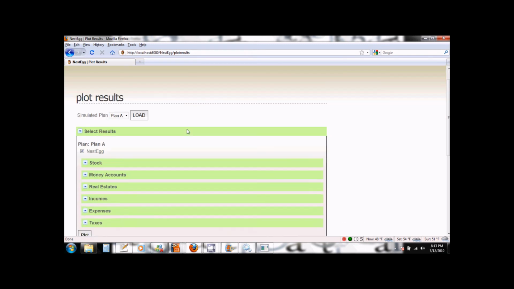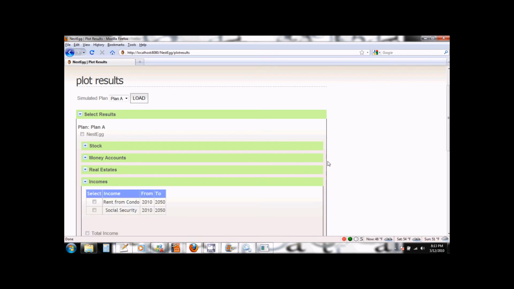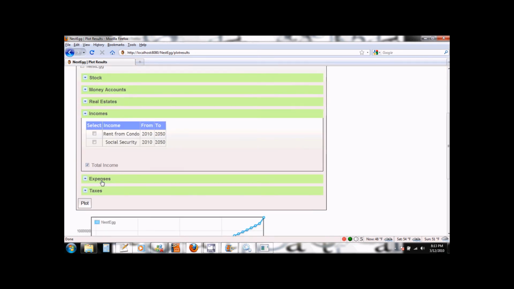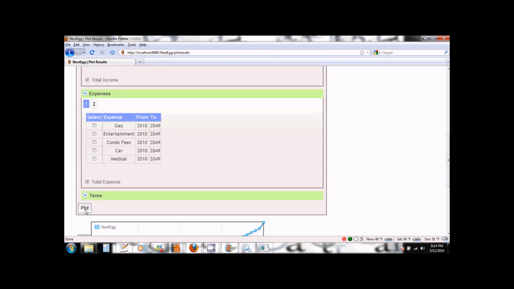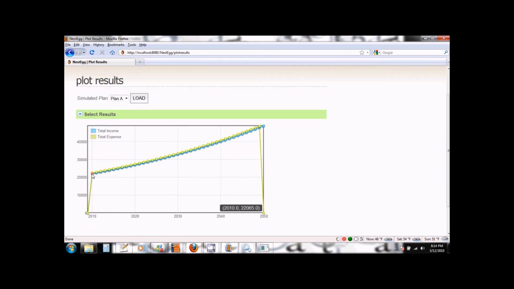I'm also interested in looking at what was my total income and expense during this period. So I click on my total income and I click on my total expense and I say plot. So I can see that my incomes from my Social Security and the rent I got on my condo was very close to matching the expenses that I had during this period.